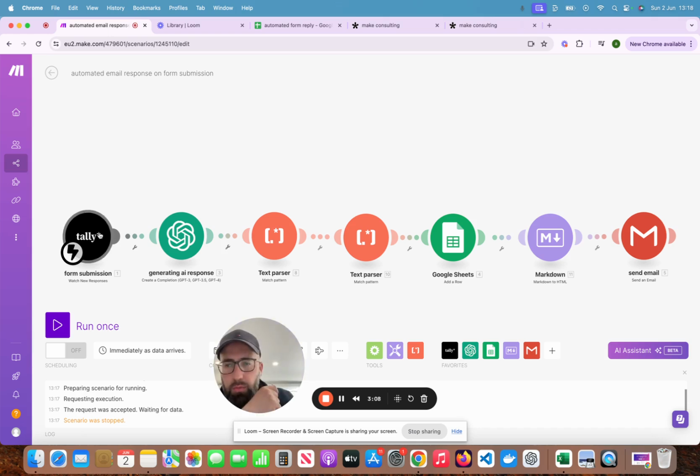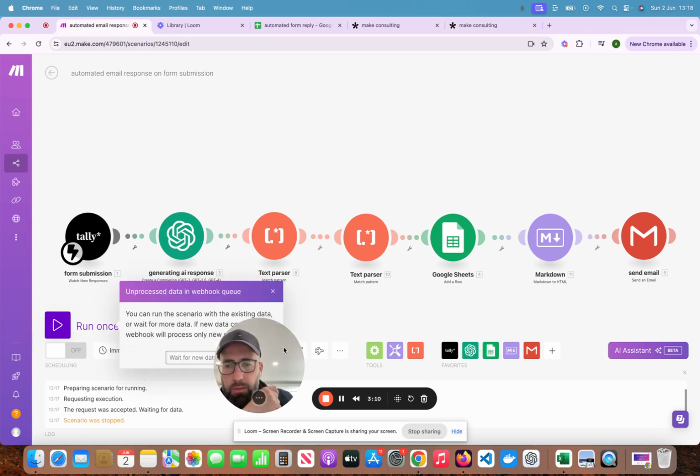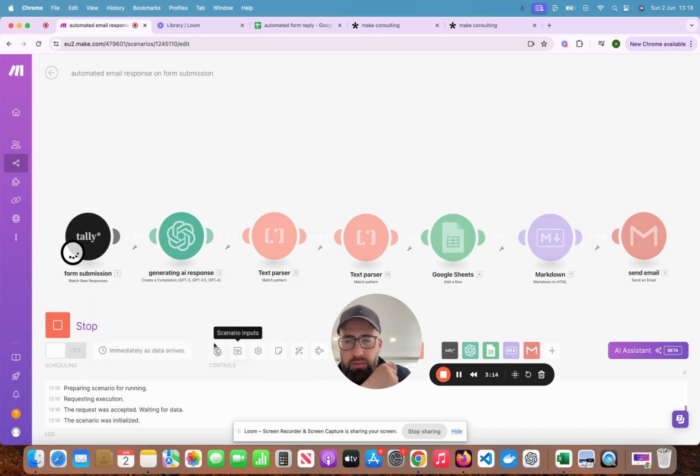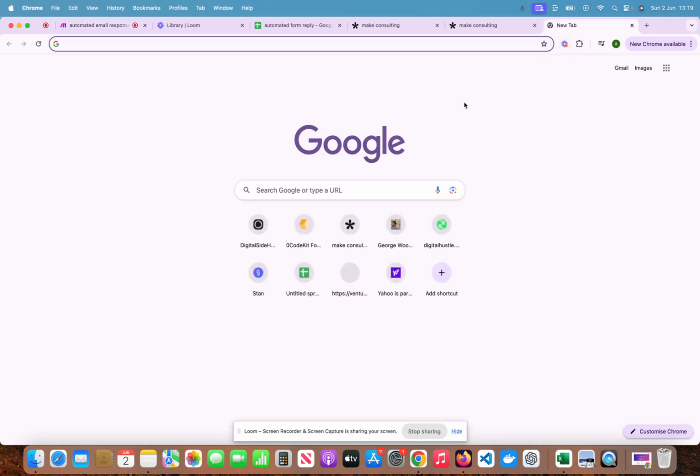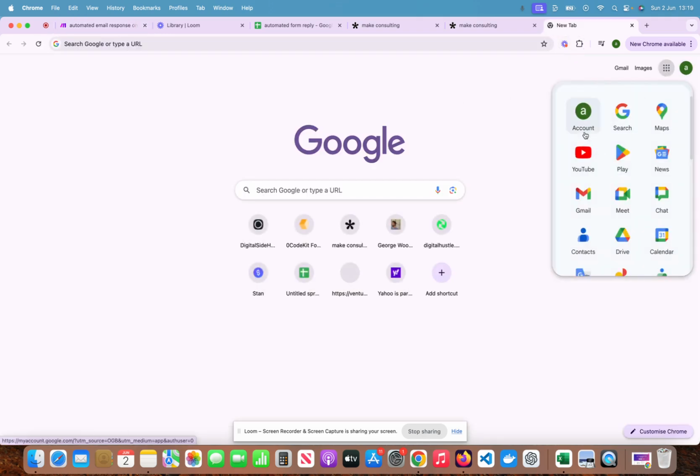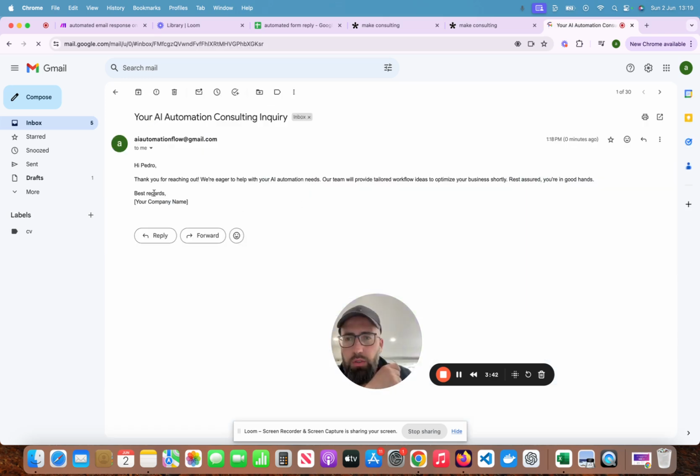So the AI is going to pick it up. So now if I run this flow, it's going to use this existing data. ChatGPT is generating a response. The subject line is getting passed, and then the body is getting passed. It's getting saved onto Google Sheets, and then it's being converted to Markdown, and finally the email is being sent. So if we check our email, this is the response that we got. "Hey Pedro, thank you for reaching out. We're eager to help with your AI automation needs." So this is a personalized